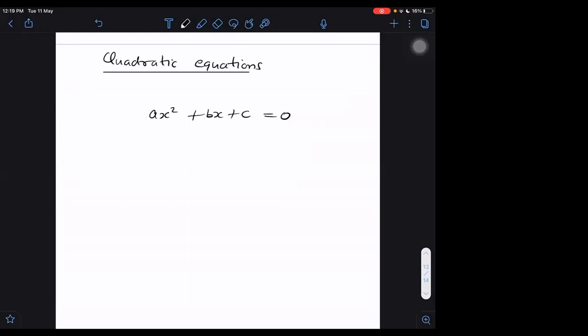What is the root of this? Minus b plus or minus root over b square minus 4ac by 2a. If there are two roots, I can write this equation also as x minus alpha into x minus beta is equal to 0, where alpha and beta are the roots. The roots are given by